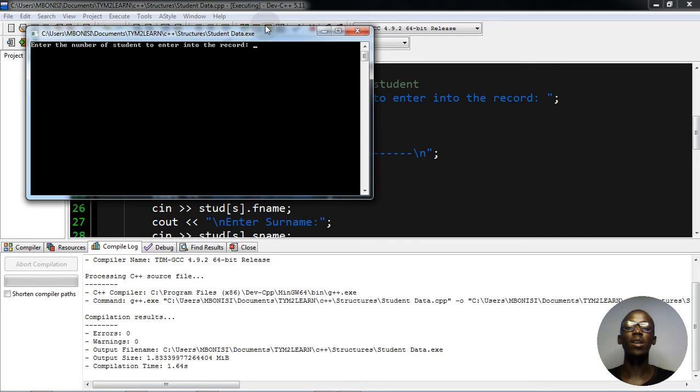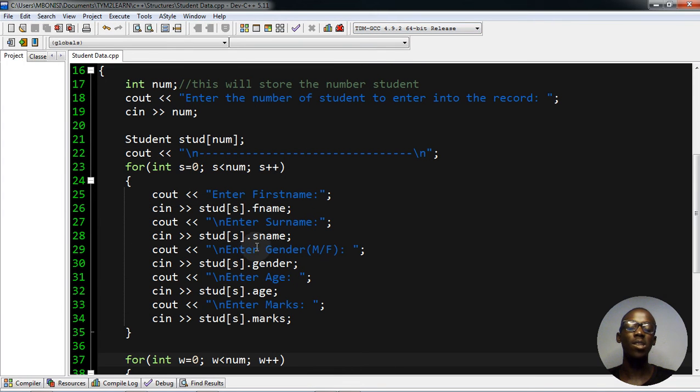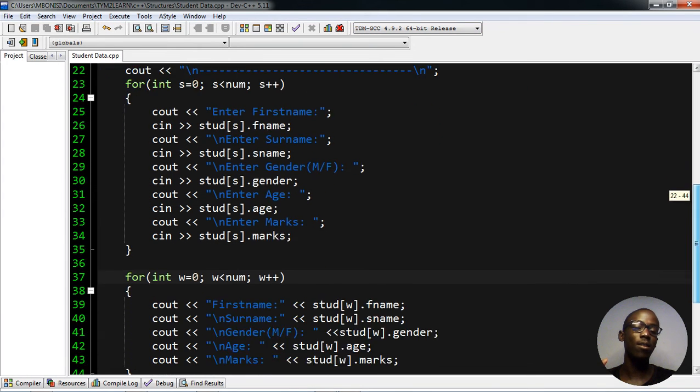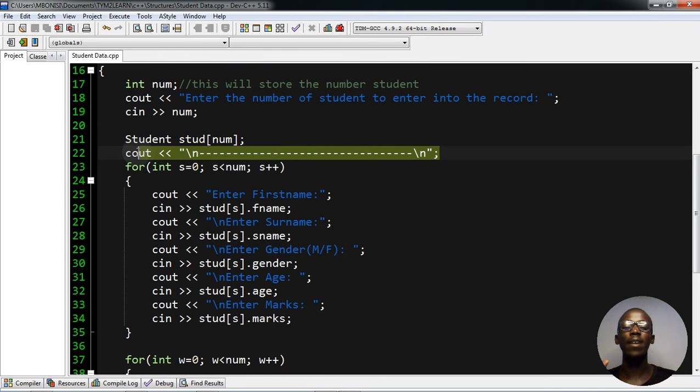So enter a number of students, enter 1, then first name, surname, gender, age 24, marks 98.46, just like this. As you can see, the program successfully printed. So these are common errors which everyone can face during programming. Yes. So in order for us to have it look nicely, we're going to say displaying information, just